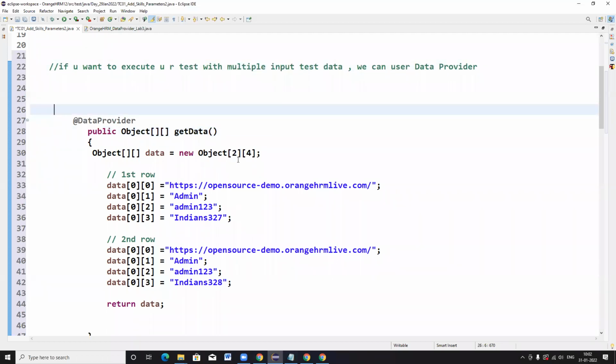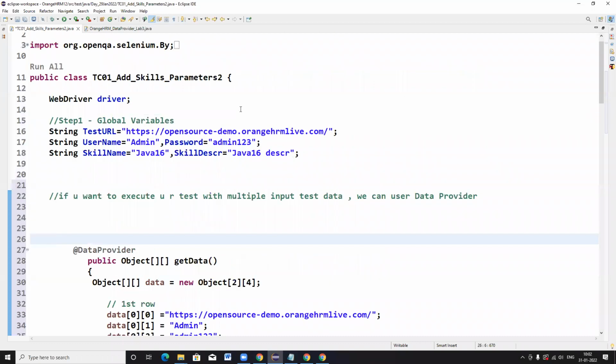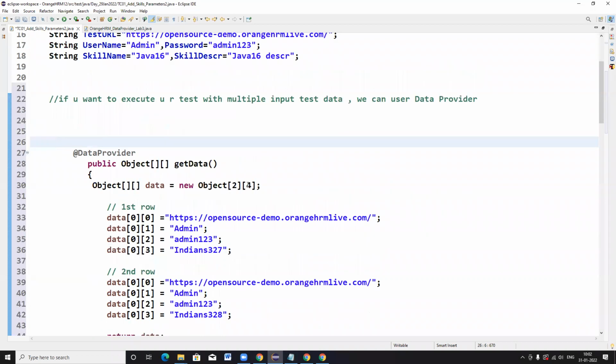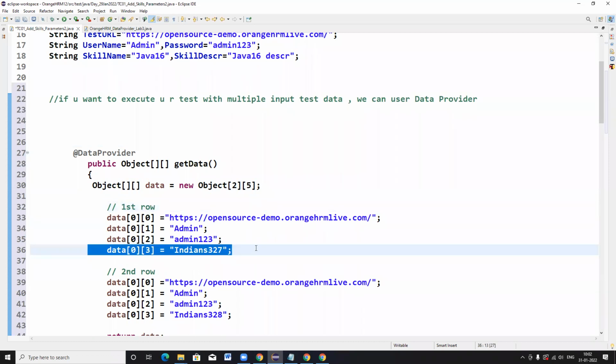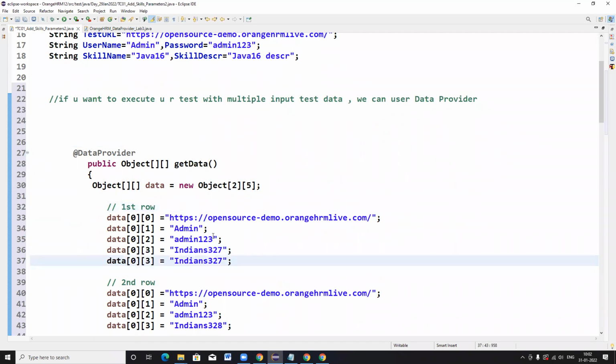And here, how many rows do I want to create? Two rows. And how many columns does it contain? 1, 2, 3, 4, 5. So I have to specify 5 columns. So data of 0,0, data of 0,1, data of 0,3, and I want to create one more column value, 0,4.